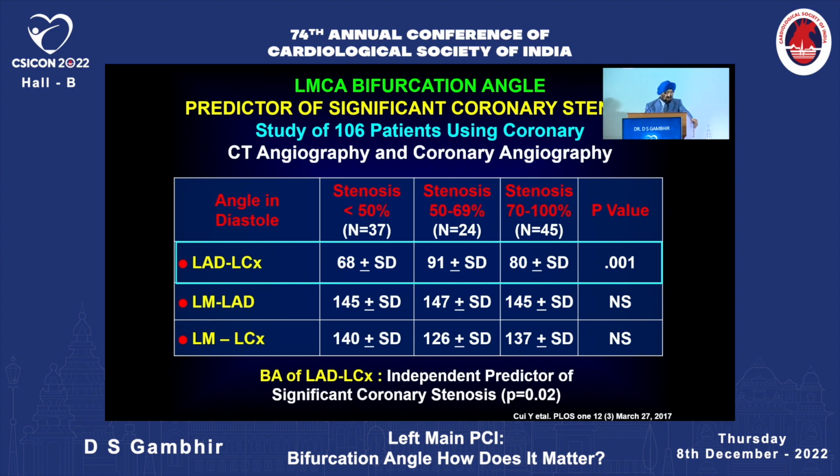They found that patients who had significant stenosis had a much wider LAD-LCX angle, that is angle B, about 80 degrees, as compared to those who had insignificant disease. The other angles, between LMCA and LAD and between LMCA and LCX, were not significantly different between the two groups of patients. So they concluded that the bifurcation angle between LAD and circumflex is an independent predictor of significant